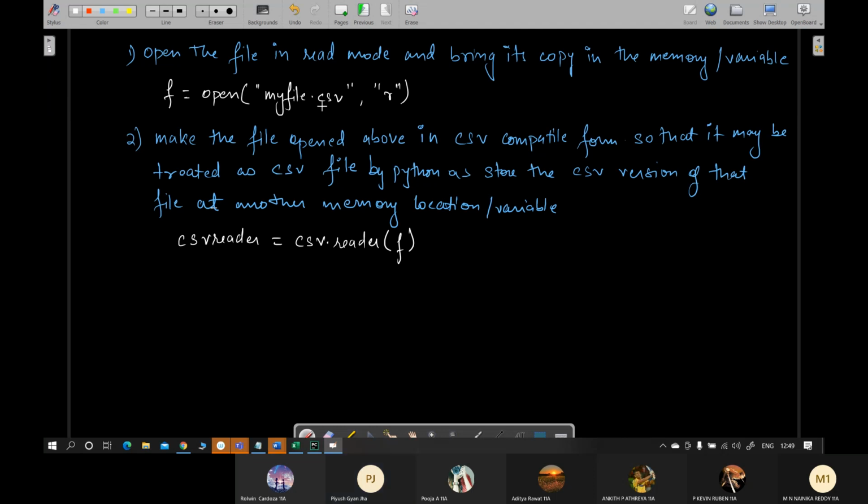Okay. Of course, on the top you will have to import csv because you are using a csv method. जैसे math के use करके math.sqrt you were using. So this csv.reader is defined in, what you say, inside this. This reader function is defined in the csv module. Okay.